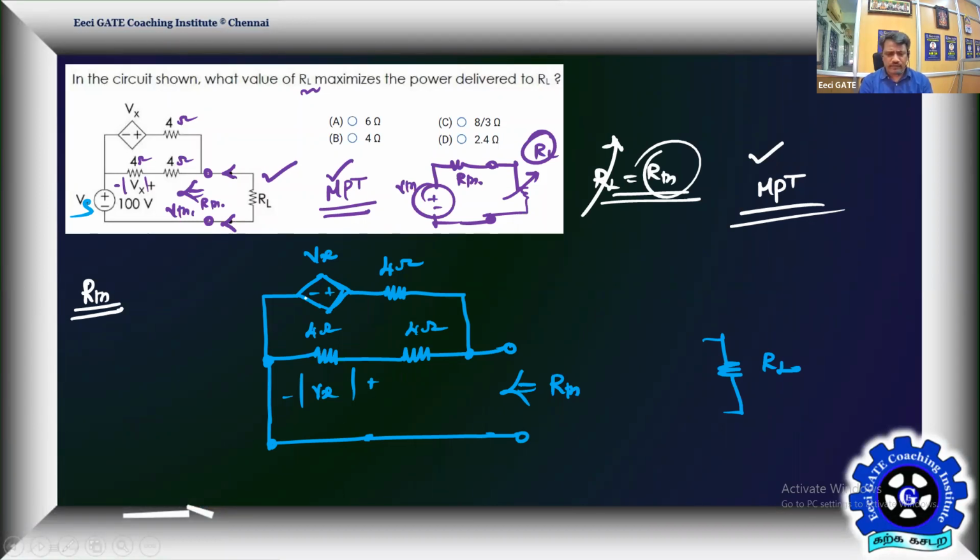So what we can do is, this is a blind box for me. I don't know what is internal to it. When there is a blind box, if I want to know the resistance, suppose you try this using a multimeter, you just connect the two terminals of the multimeter. The multimeter will read the ohmic value. Instead of connecting a multimeter, what we can do is connect a known source.